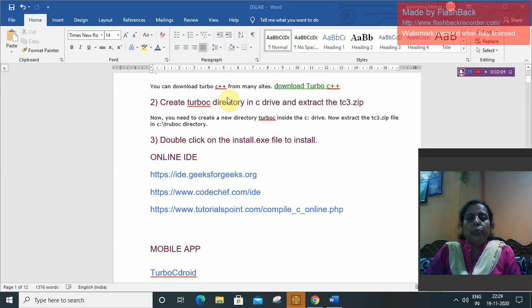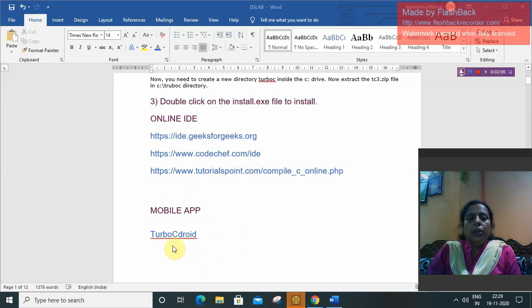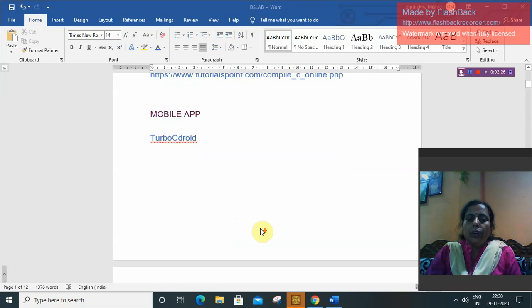If you have a mobile, you can load the Turbo C Droid app to run C programs. If you have a laptop or mobile and you can do it, then do it. Otherwise just write down the programs that I will show you in this video in your record.